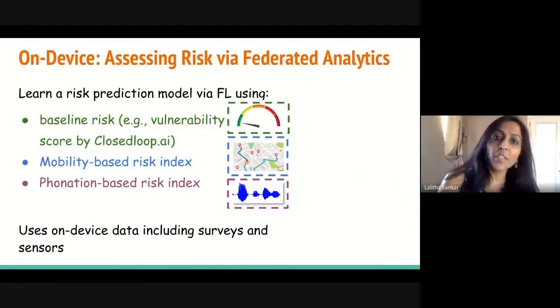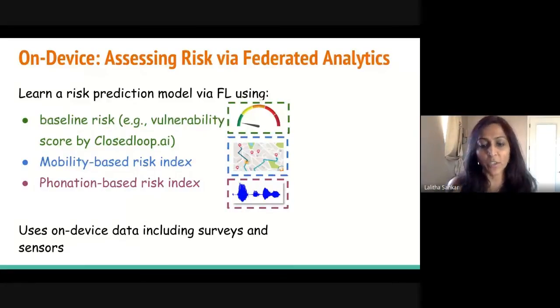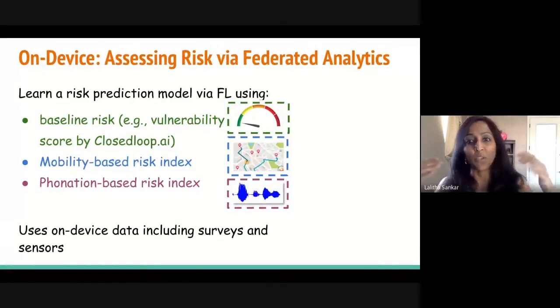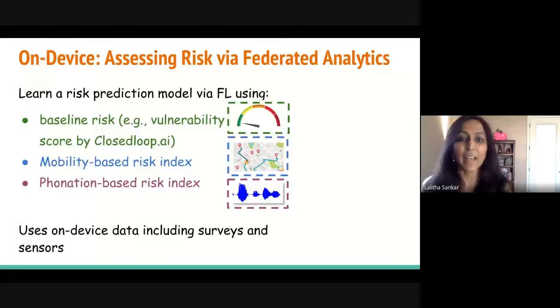All right, so on the device side, what we want to do is to give some kind of interpretable risk assessments. So you could look at risk assessment as having 3 parts to it. So when you download this app, maybe you take a survey, something like what closedloop.ai is doing right now. It'll be based on your basic health record. Do you have diabetes, heart diseases, and so on? That comes up with a baseline risk.